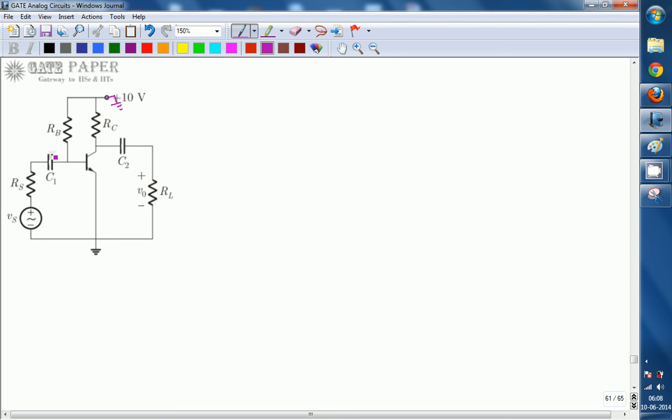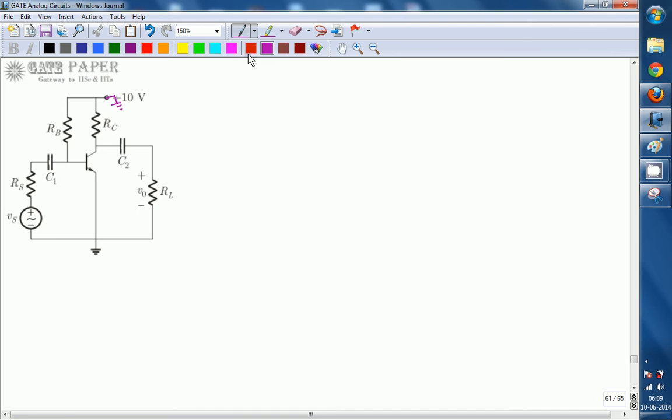Now we will consider the first one, the resistance seen by the voltage source Vs. For that we must draw the AC equivalent circuit at the input side, to know the resistance seen by the source Vs. Source Vs is connected across the input side of the BJT amplifier, so we have to draw the input side equivalent circuit to calculate the effective input resistance.